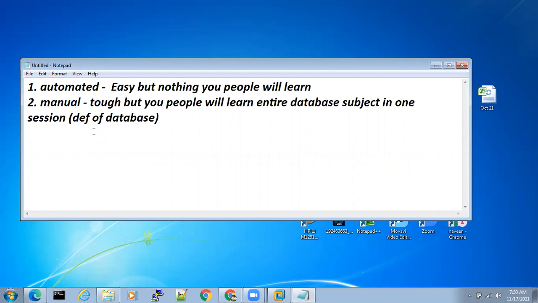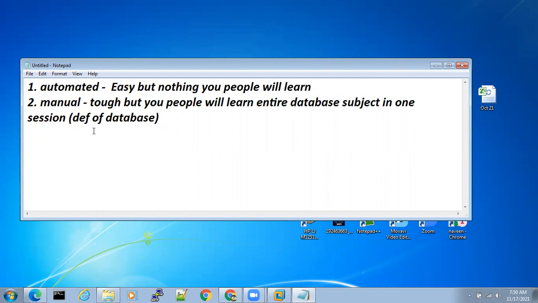What you need to do here is just follow my instructions. Point number two, just blindly execute what I am executing. What I'm typing, you have to type, and blindly execute and create a database.